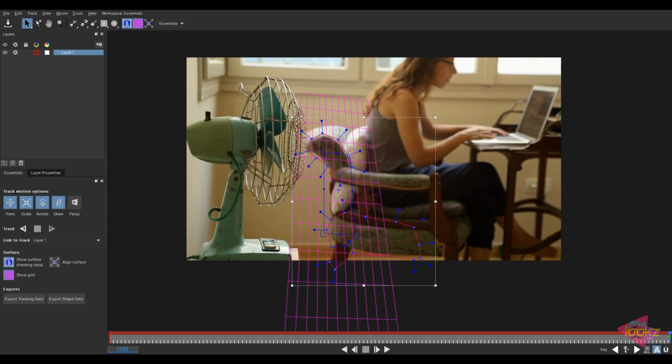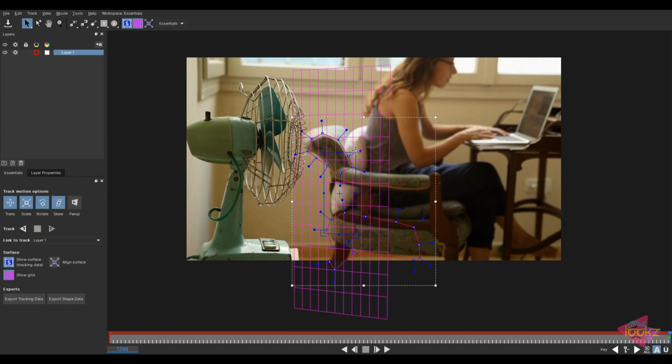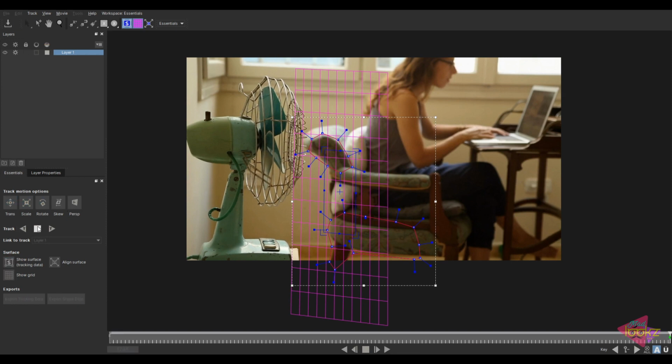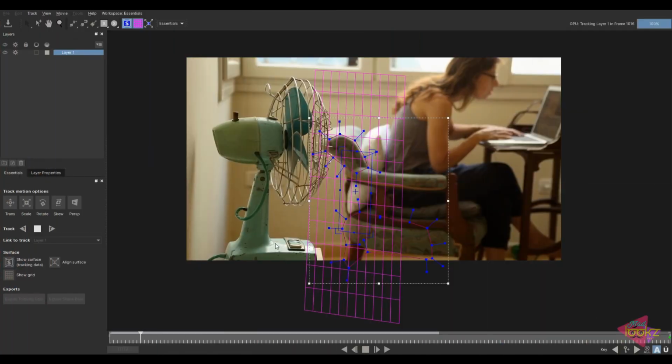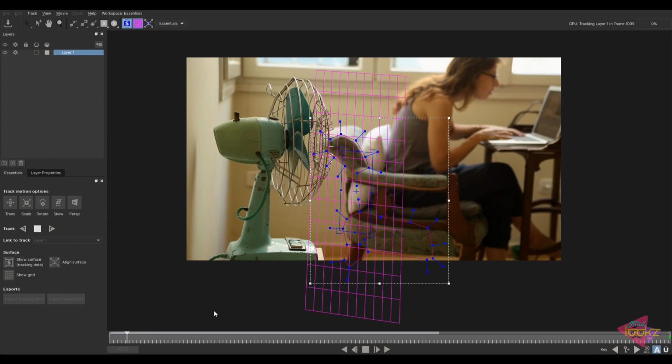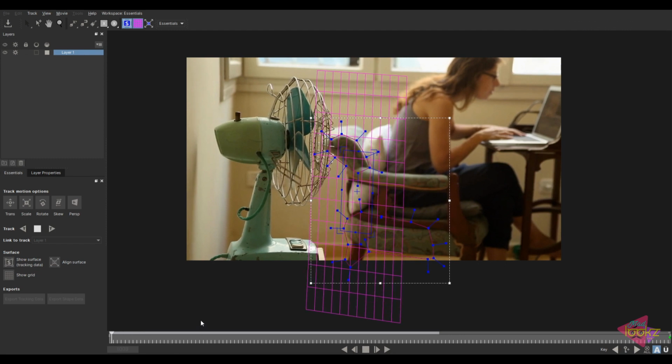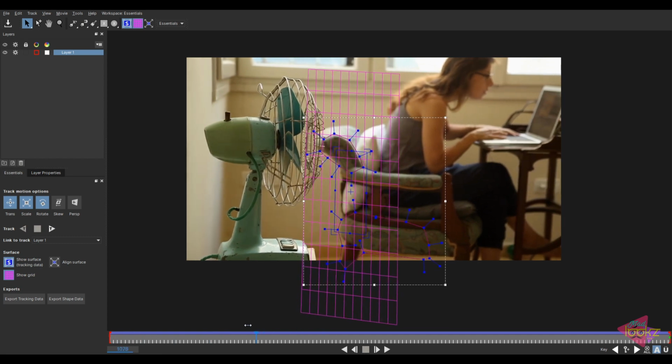So I'm just setting the subsurface. It doesn't have to be 100% perfect and accurate. I'm just keeping it roughly according to my view, my perspective. Okay, just turn off this queue and track. So it's getting tracked. It's taking a bit of time. Okay, the track is almost complete now. Yep. Now let's play and see how the track came.